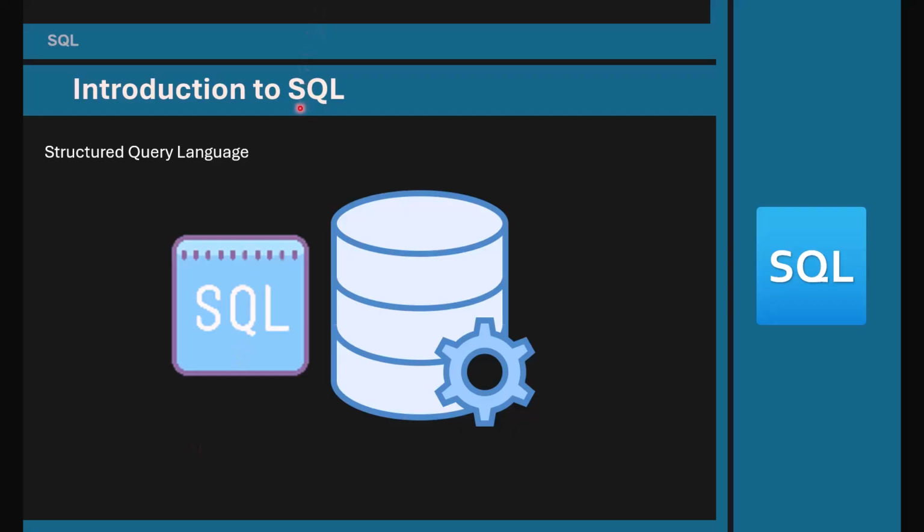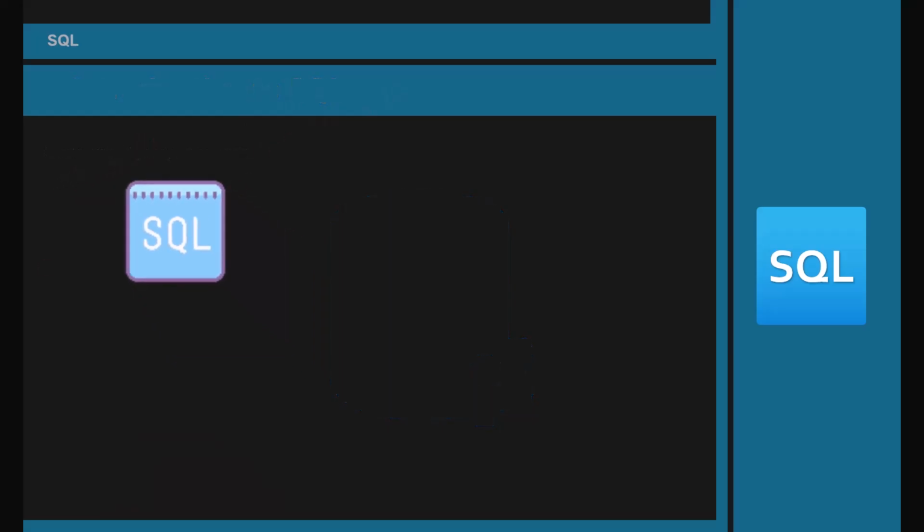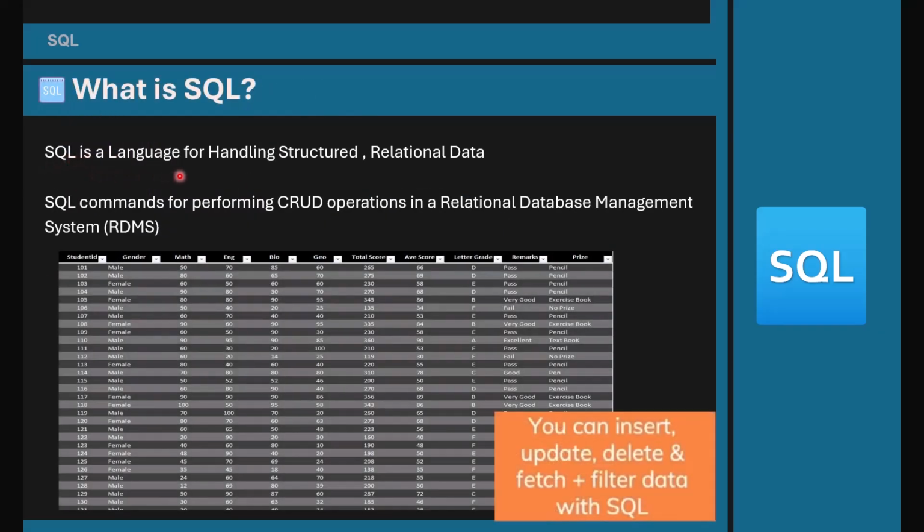What is SQL? SQL stands for Structure Query Language. SQL is a language for handling structured relational data. It is the language that you use to interact and manipulate data in a relational database management system. And when we talk about relational database management system, we are referring to the kind of database that allows you to structure your data in tables. You can organize your data using tables, and your data can be entered in columns and rows,